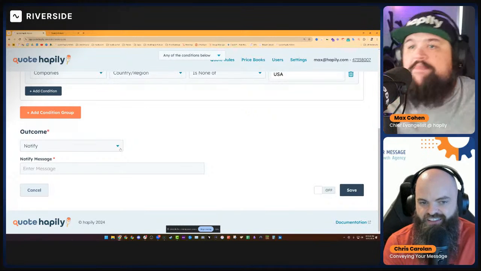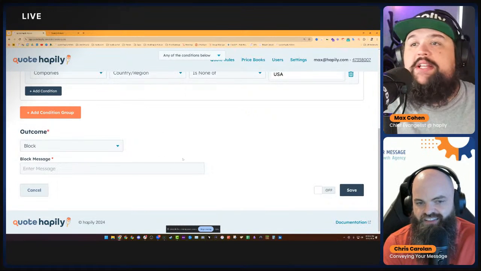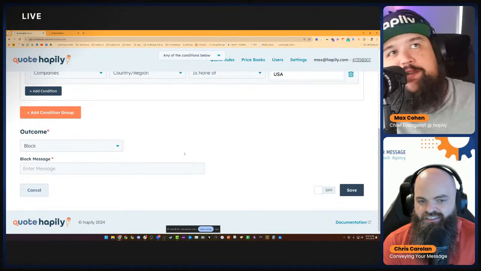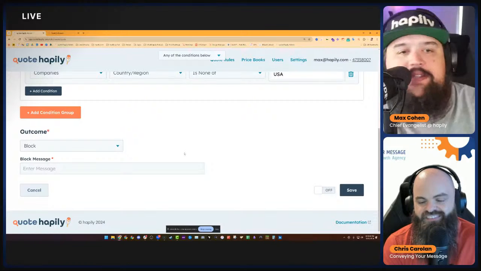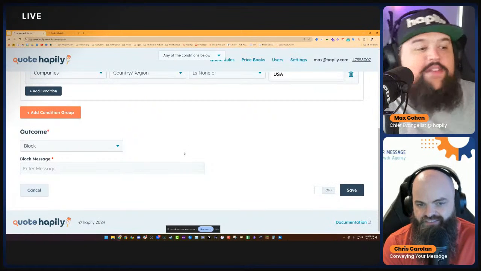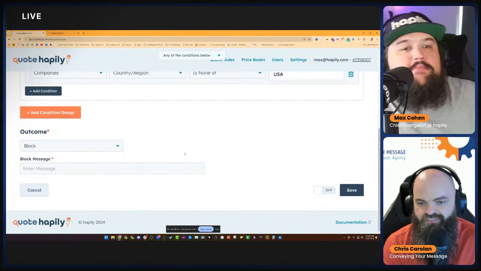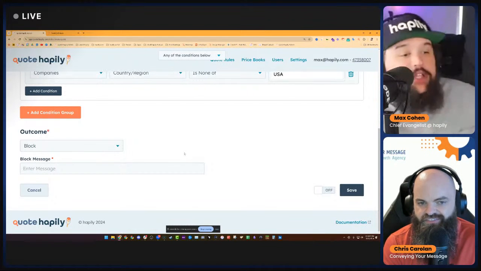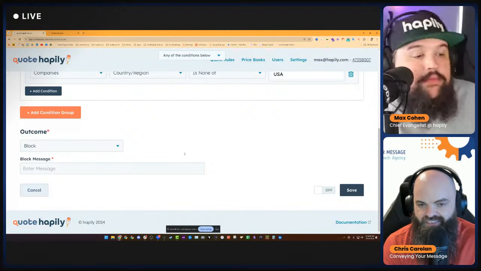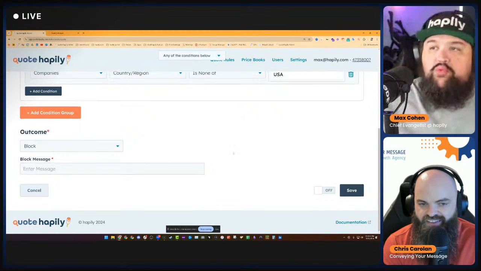And then of course there's blocks. A good example of this is, hey, sales rep, obviously you can't quote 50% discount on this item. Or if the margin is too weird, something like that. There are all these different things you can do, and it'll block the quote from getting created at all. So these are rules.